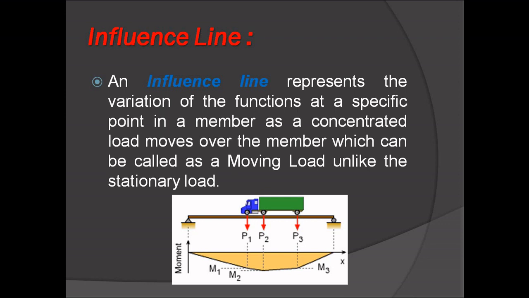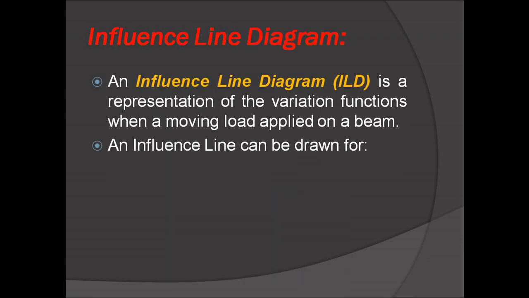So suppose that P1 is there only, and we draw the shear force diagram for that load, which shows the variation of the shear force. That is called an influence line diagram for shear force. In the same manner, if we draw the diagram for bending moment, that will be an influence line diagram for bending moment. Okay, shear force diagram, bending moment diagram, influence line diagram for shear force, influence line diagram for bending moment. Please don't get confused with this.